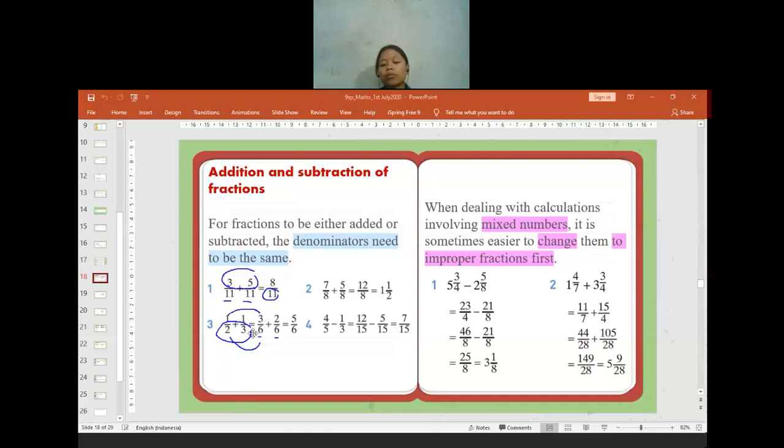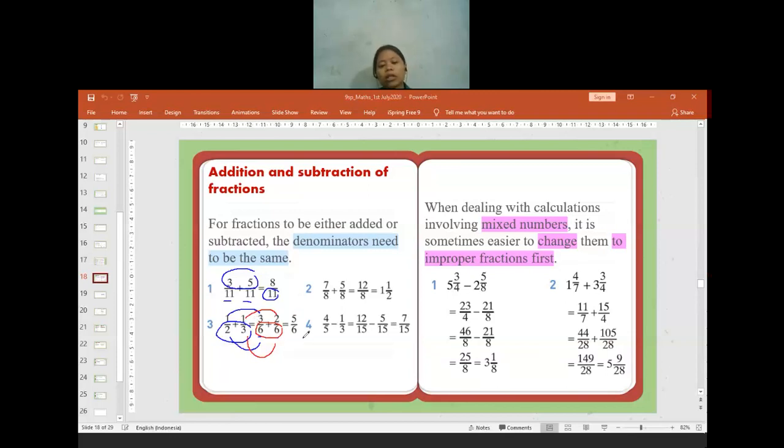Do the same thing for the number 3. 3 into 6, I need to multiply it by 2. And that's why the number 1 in here, I also multiplied by 2, become 2. And then the denominator will stay as 6. And then we just need to add the numerator. 3 plus 2 equals 5 per 6.